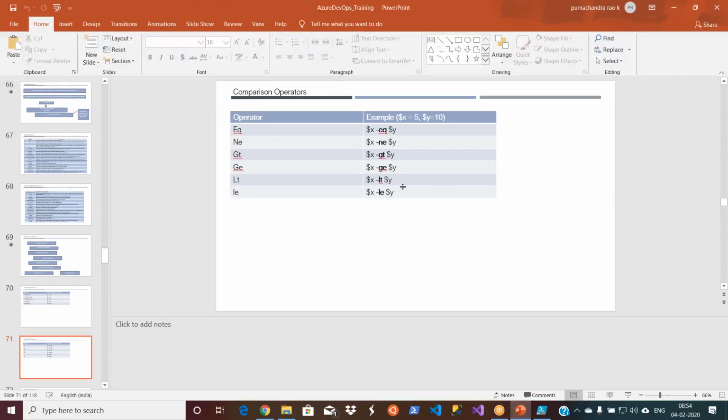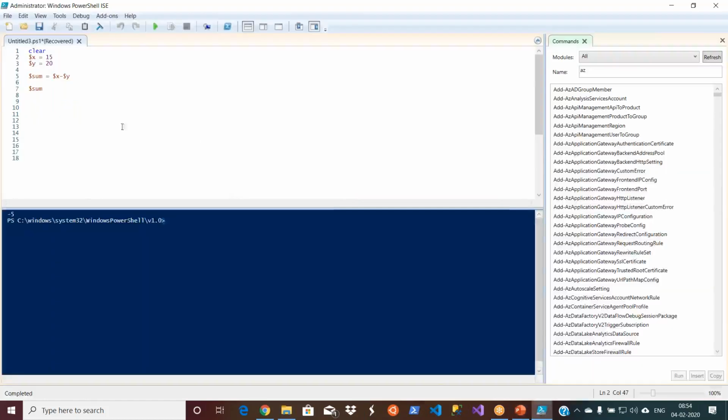So we use the same thing, but now let's go ahead and apply the comparison operators. Now I will say $x less than, and you need to start with a hyphen. You remember, if you are having any words as commands, you need to use a hyphen. This is a funda. If I'm using switches, use a hyphen. When I used the arithmetic operator, that's not a string, that's an operator, that's why I'm not using a hyphen with plus or minus. But if I'm using any word with more than one letter, use a hyphen. That's a very standard way.